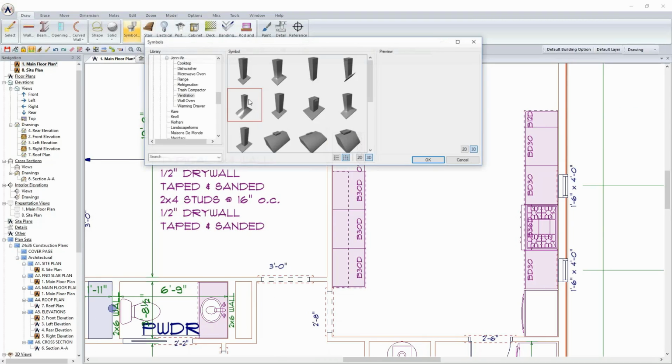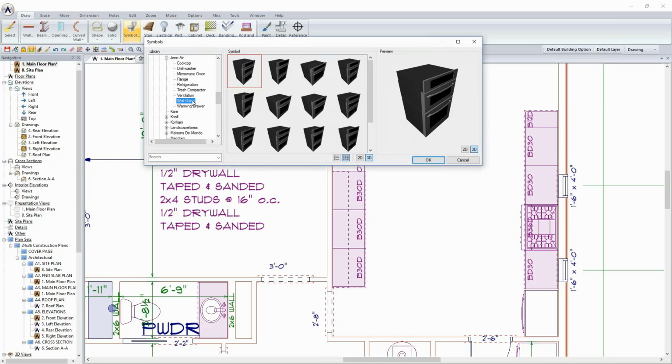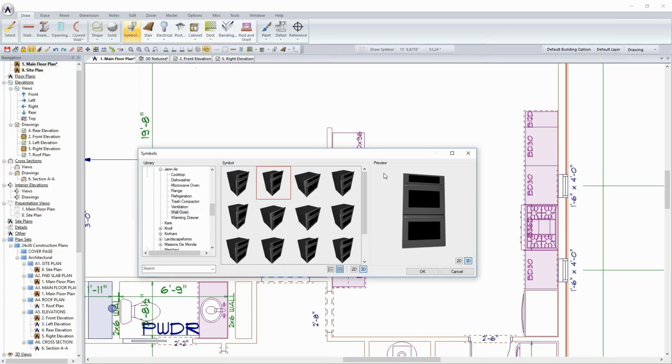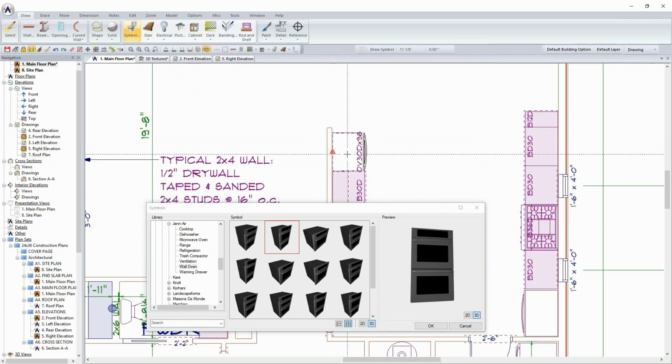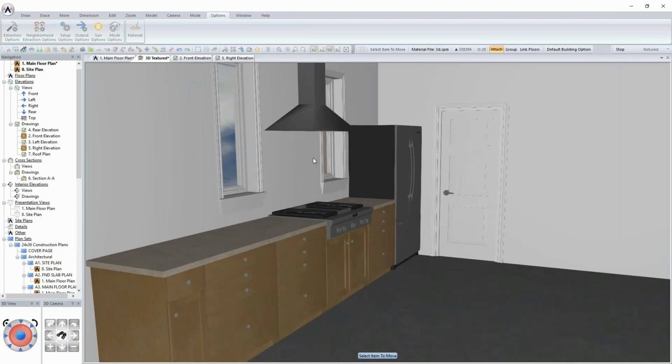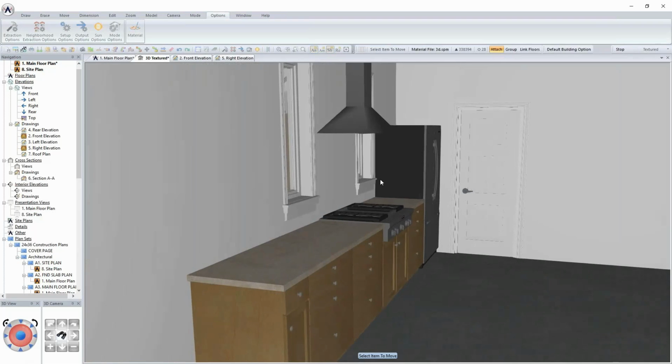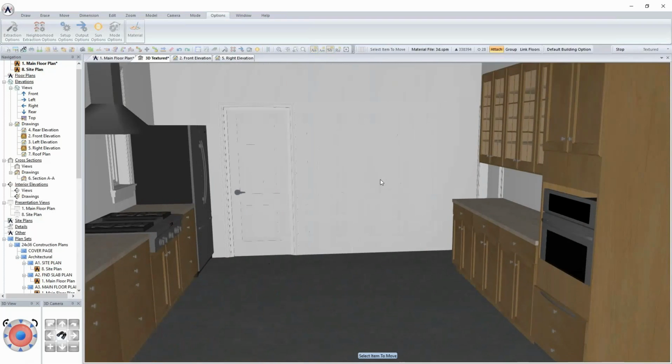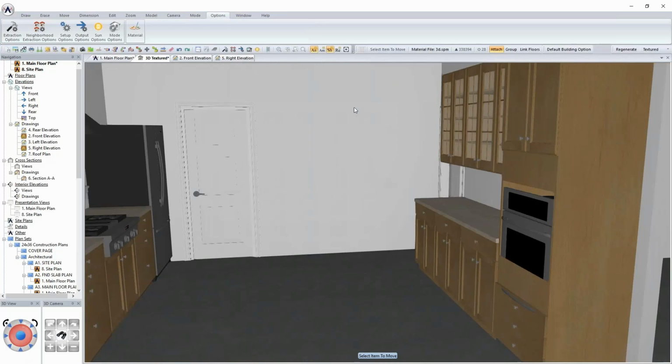All right, and so I'm going to come back into Symbol, and this time I'm actually looking at the wall ovens right here, and a lot of these are fairly similar. I'm more concerned about the width matching up, and so I'm just going to click to insert, and this is where I'm going to start beginning to pop back into the 3D. So we've got the ventilation that's there. We've got the cooktop that's there, and now I've got, if you will, this double oven,